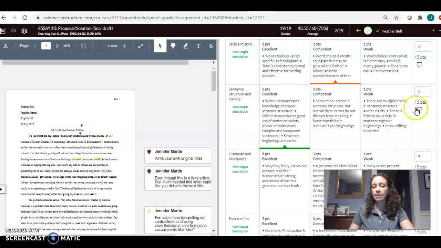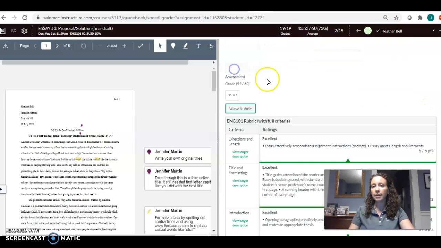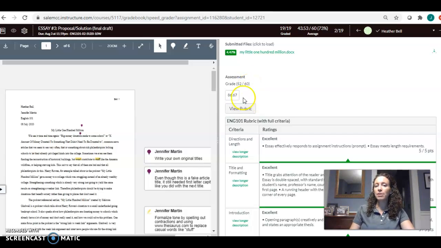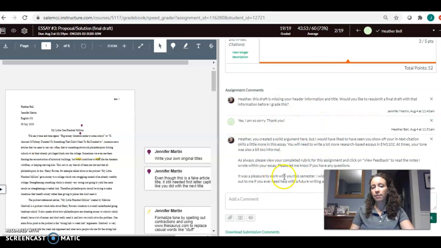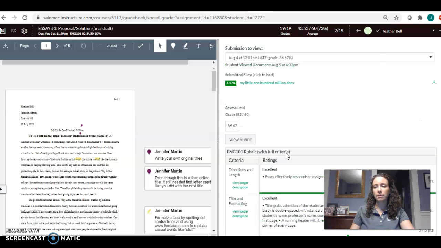And since I set this rubric up so that when I grade it, it'll automatically use that grade and put it in the grade book, all of the math is done for me. So this is a percentile grade because the maximum number of points a student can get on my rubric is 60 points. Well, 52 out of 60 is a little hard to figure out, but a student understands, okay, I got an 87 on this assignment, it's a bit easier. And then again, you can always write comments at the bottom of a student's essay as well,